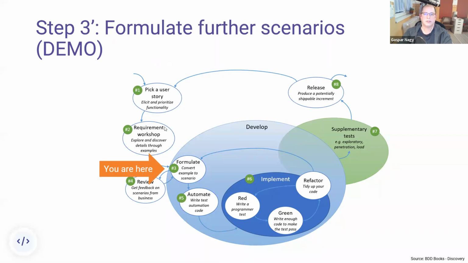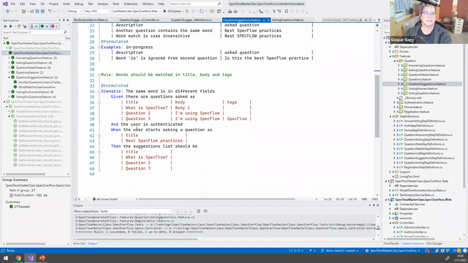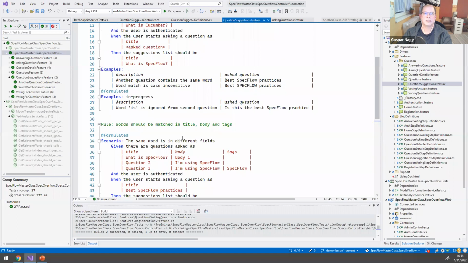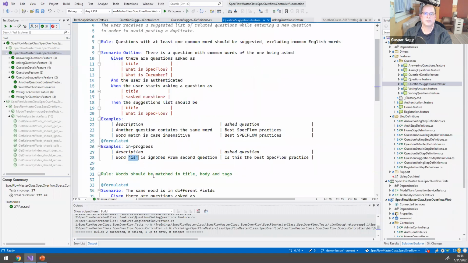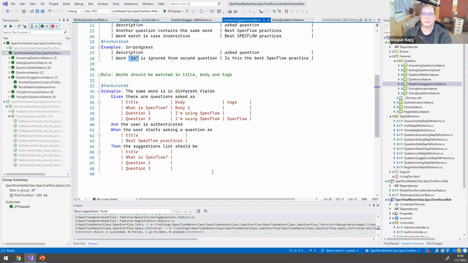So now all of the scenarios are somewhat formulated. So now you can see that I have these words should be matching in different things, and I also have the is verification. I have already turned that into a scenario outline. So again, I have 2 additional scenarios that would be undefined in the beginning, and then I would need to make the automation for them,